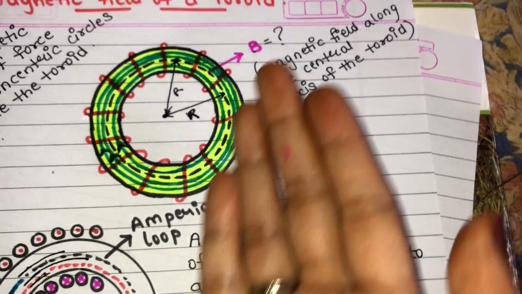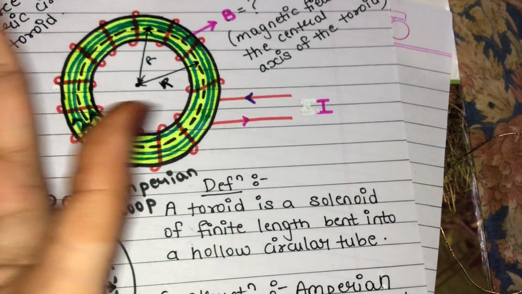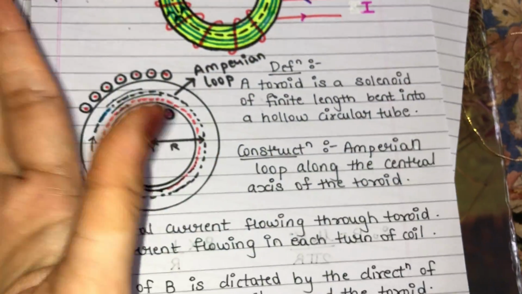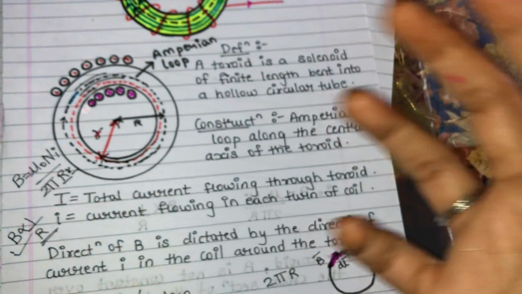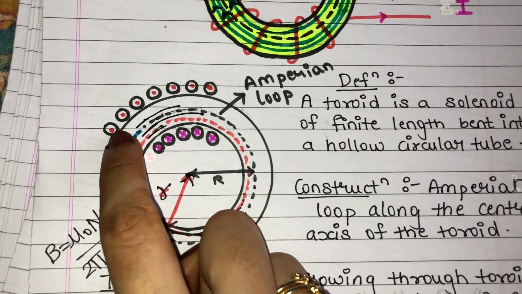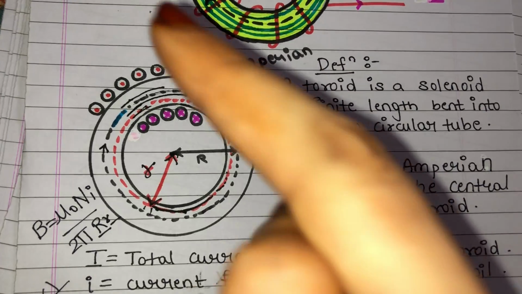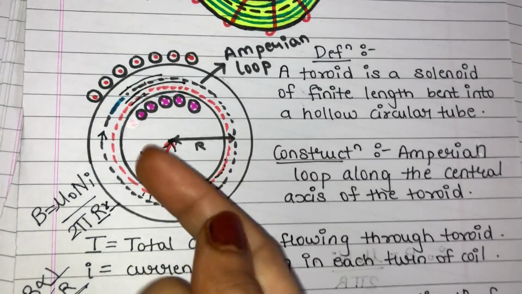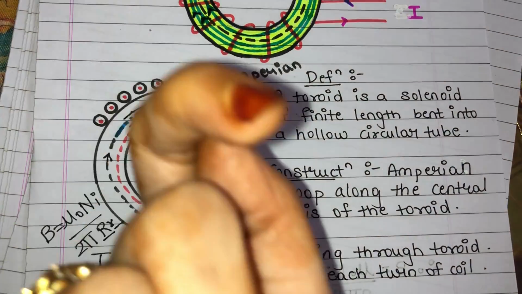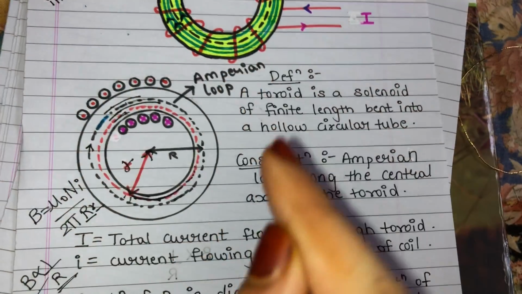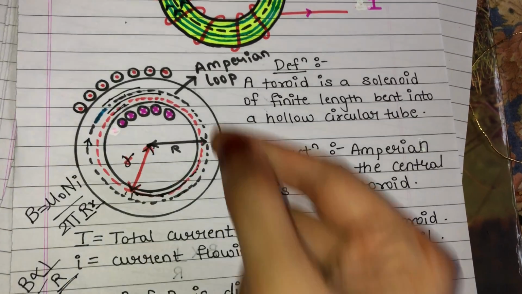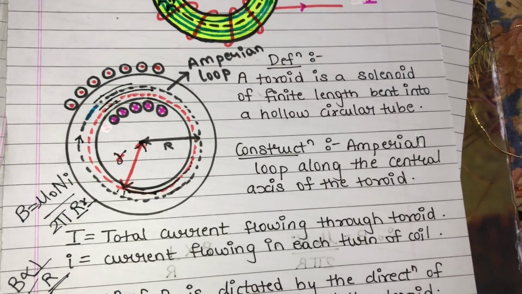Now what is the cross section? This toroid is cut like a donut is sliced horizontally. So you remove the upper half like this and whatever remains will look like this. What this dot shows is that my wire is coming out of the paper, out of that tube, and this cross shows the conducting wire going inside the tube, and like this the wire is wound around the tube.